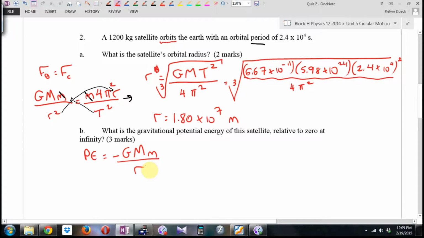Did they want me to find how much work? No. Did they want me to find a change? No. All they said is, what is the gravitational potential energy of the satellite? I think it's going to be straight plug and chug. In fact, I'm a little curious why I made this worth 3 marks. But it's going to be